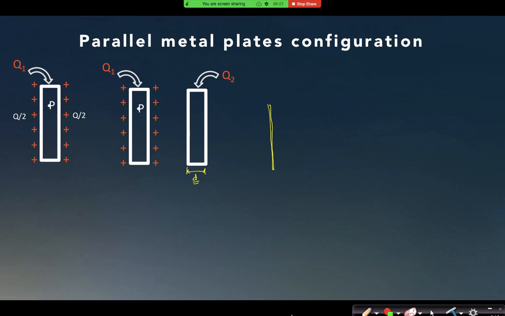Understood? In order to understand it in a good way, that is why I have drawn the enlarged diagram, but actually the distances are very small. As you can see here, q1 and q2 charges I have placed, so the facing surfaces are carrying equal charge but opposite in polarity, and the extreme faces are always carrying q1 plus q2 by 2 charge.